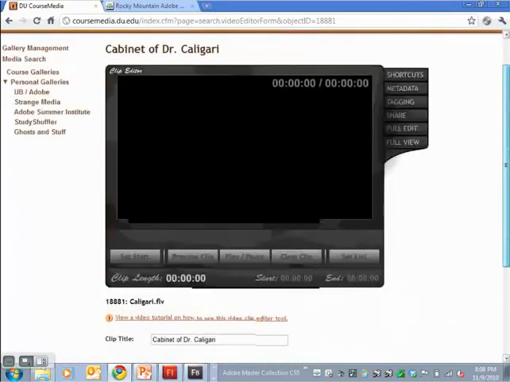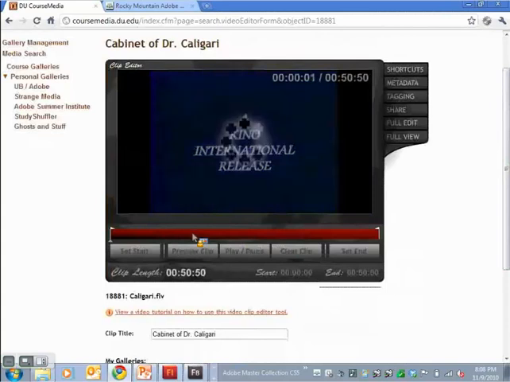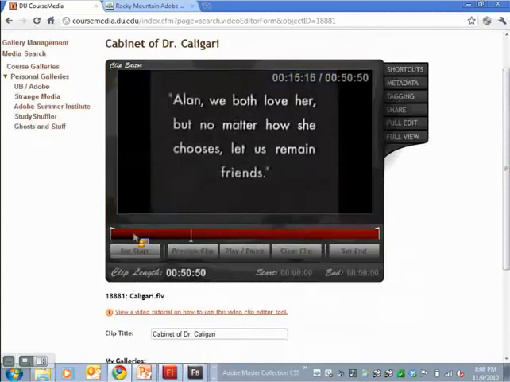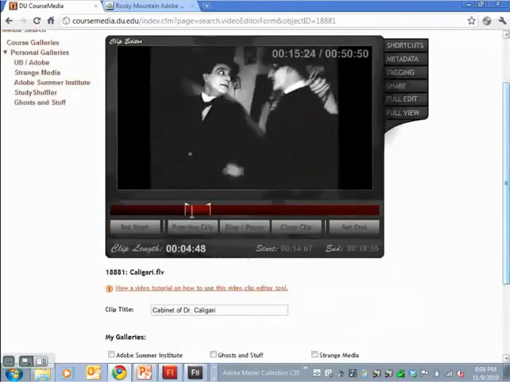And this is going to bring up our video clip editor. It's a Flash-based editor that is tapping into the Flash Media Server. And we can use these little in and out point draggy guys to drag and define our specific clips that we want to use. And of course, if you were doing this as an instructor for a class, you'd be